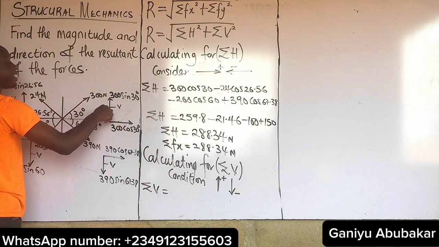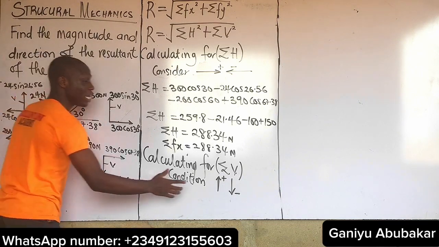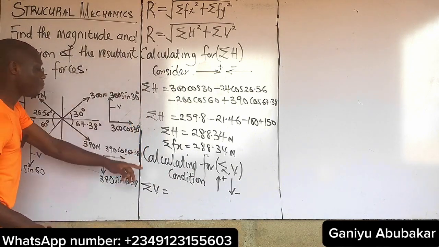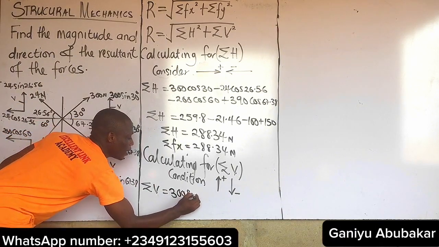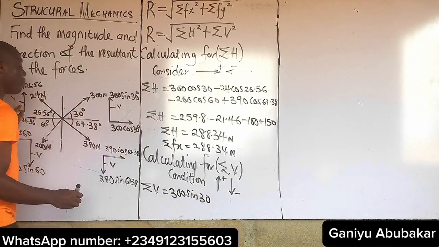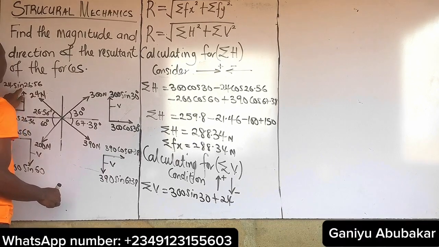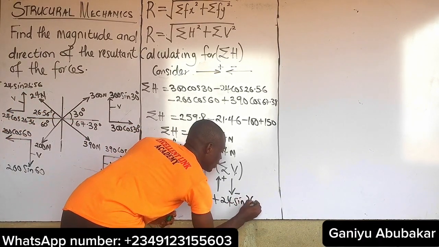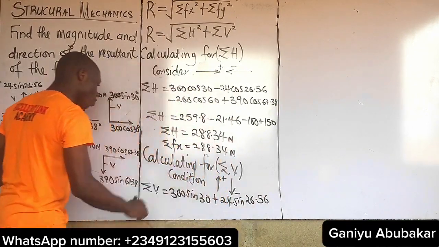Observe that this is acting upward, downward, and downward. So I'm considering them here. So let's start with the first one here. This one is going upward. That's the positive sign. So I'll have 300 sine 30. This is going upward. That's positive. 24 sine 26.56. Next up,